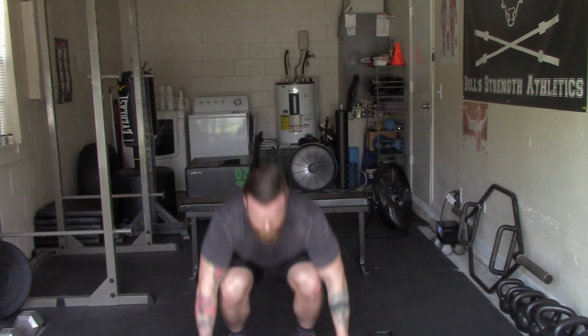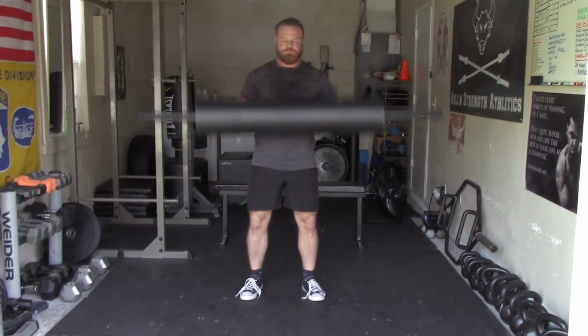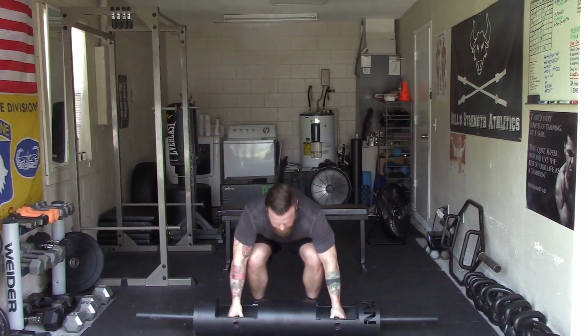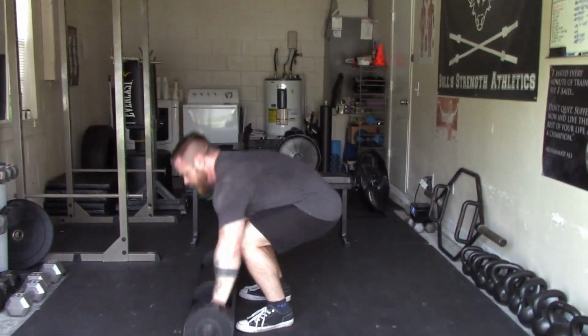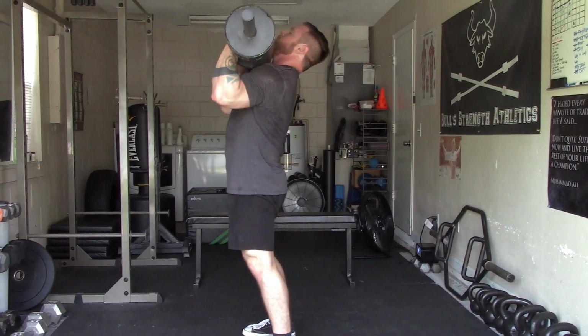method. Now, if you don't have access to a strongman log, I recommend you get good with power cleans, power snatches, as well as rack walks, since that's going to cover all your bases as far as all of those extensions go. Now, that's not the method that I use, so I can't say that it's 100% proven, but I imagine if you do progress with the power clean and power snatch and rack walk, that would have some pretty